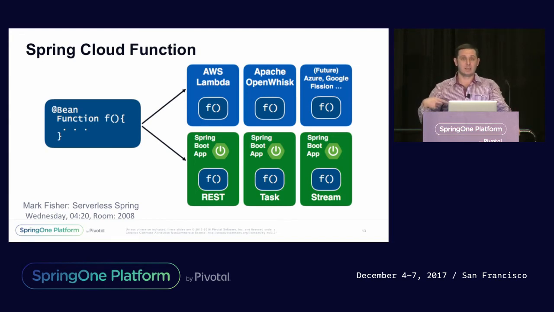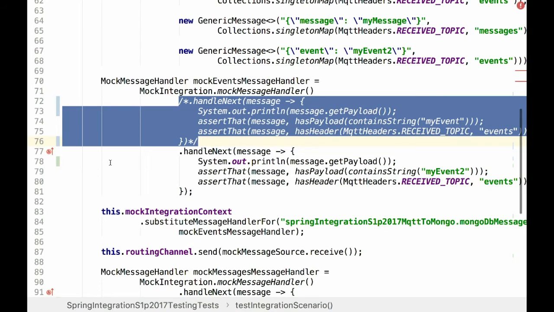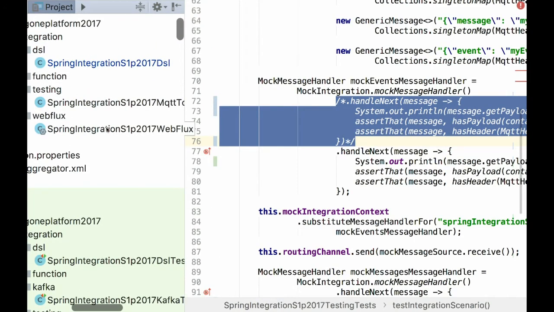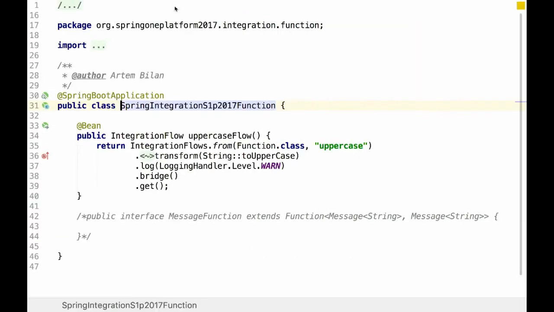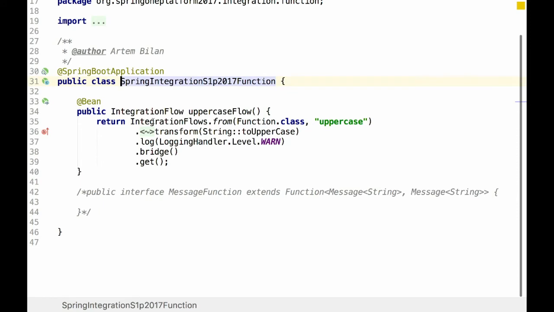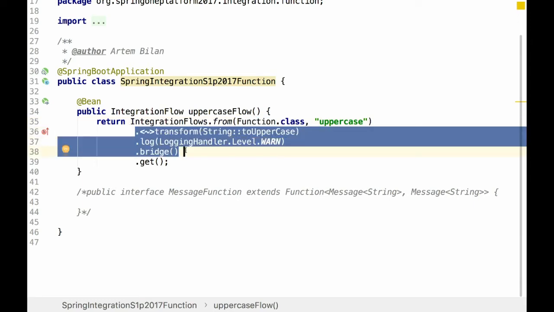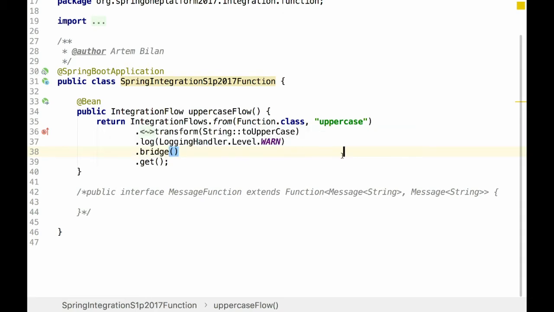My idea in Spring Integration is just to expose integration flow as a function. And the sample for this is very, very simple. As you see, integration flows factory may accept just a function, and then we are free to do all our other logic as integration flow chain.